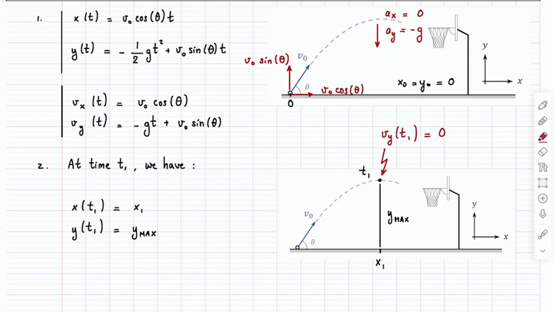If you were, you would not have reached your max height. You're not already falling down, because if you were, then you'd be coming down from your max height, and you also would not be at your max height. And so Vy at t1 is equal to 0. That's because we have a turnaround point along the y direction, and so the velocity in the y direction has to cancel. Okay, so this has to be true.